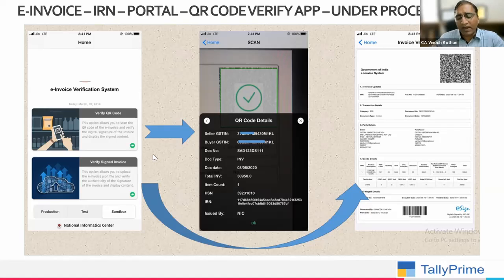E-invoice comes as part of Tally. You don't need to buy it separately, but the only thing is that you need to ensure that your subscription is valid and you download the latest version. Once e-invoice is generated, how can we hide the details of the rate and party during transaction? Those things cannot be hidden. It's a mandatory detailed part of the invoice that cannot be hidden.